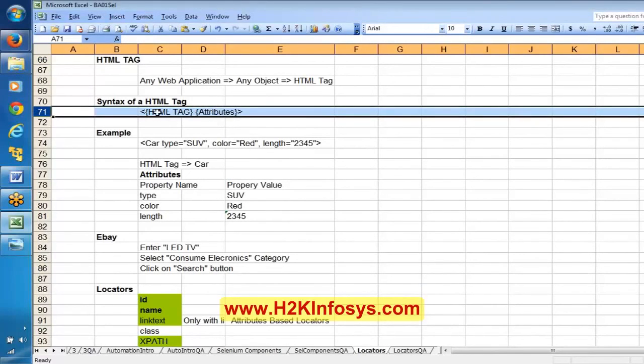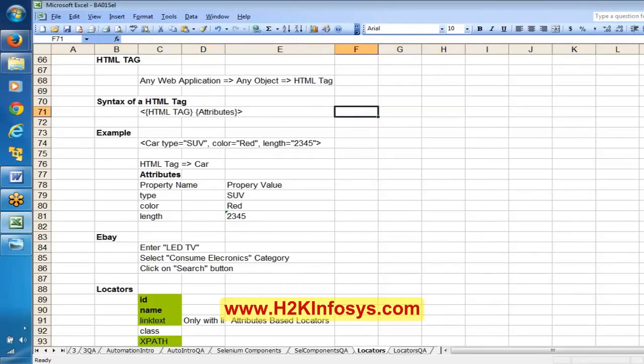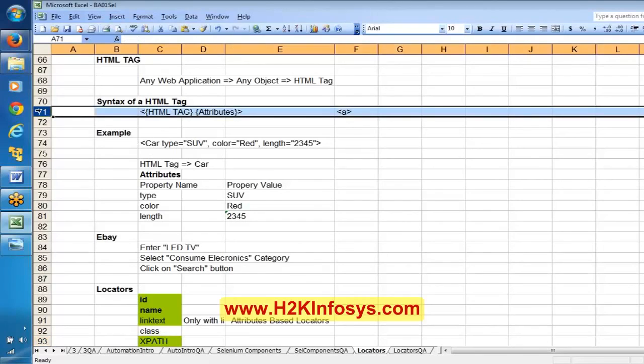Okay, in these attributes, if you can see ID, we will use this ID. If ID is not available, say name is available, we can take name. Say name is not there, in that case we will check whether it is a link or not. How can we check? If the HTML tag is A, we can conclude that it is a link. If it is not a link, then we'll build the XPath based on this structure, based on this HTML tag, based on these attributes.